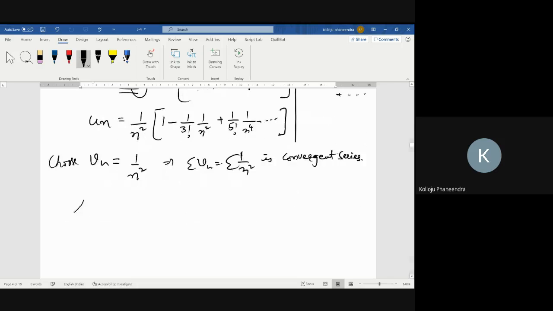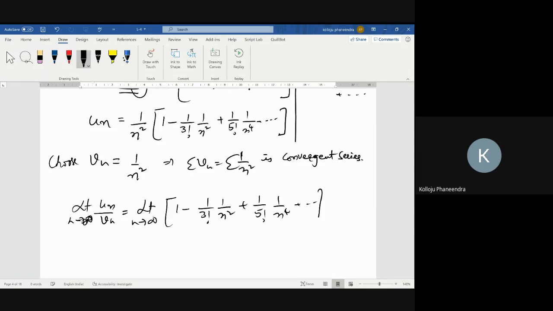Now apply limit un by vn as n tends to infinity. 1 by n square gets cancelled. So limit n tends to infinity of 1 minus 1 by 3 factorial, 1 by n square, plus 1 by 5 factorial, 1 by n power 4, and so on. Obviously every term will be 0, something by infinity is 0, except 1, not equal to 0 and finite. Therefore, by LCT,